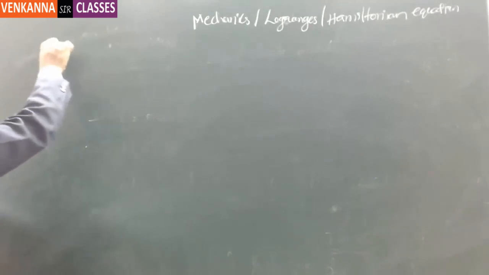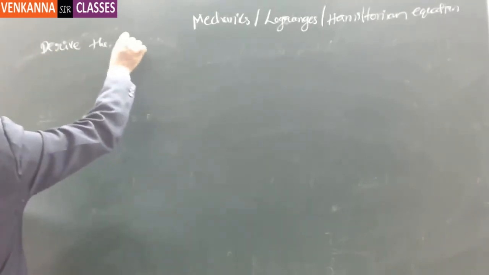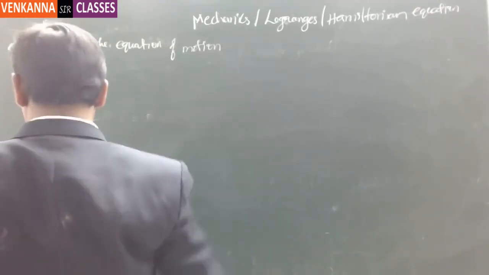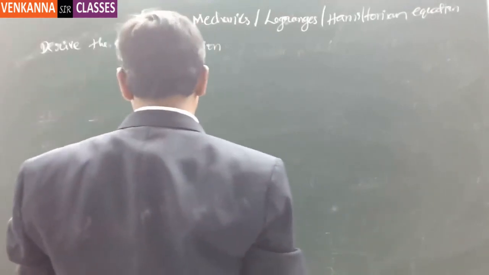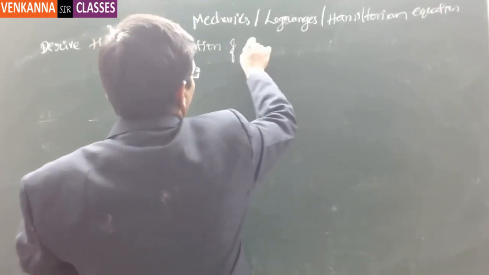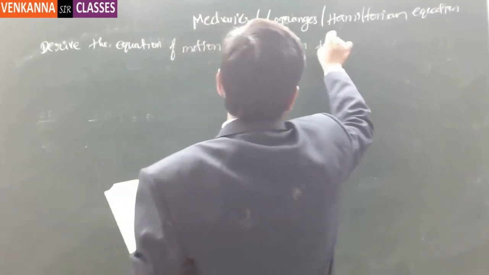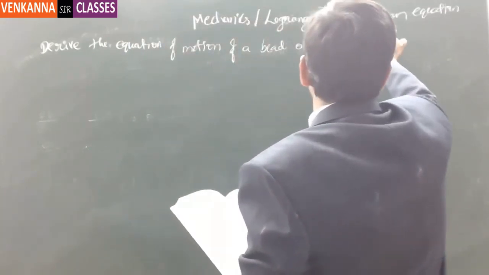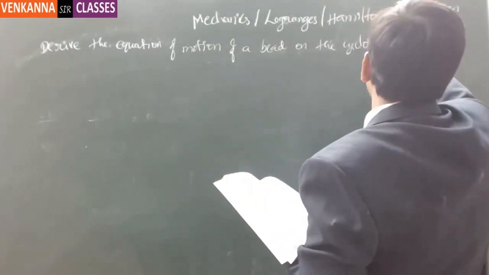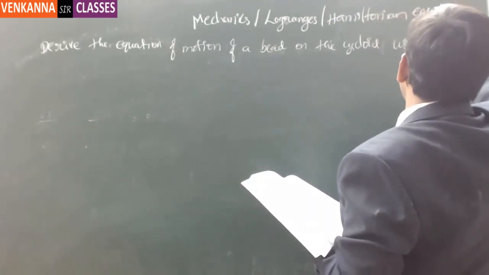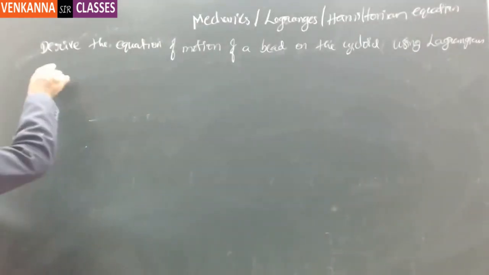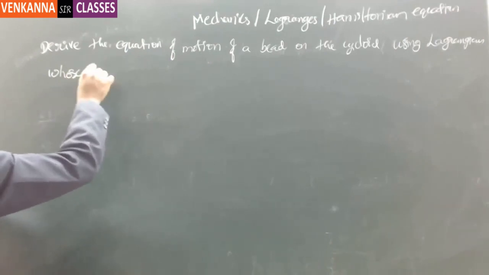Derive the equation of motion of a bead on the cycloid using the Lagrangian, whose path is given as